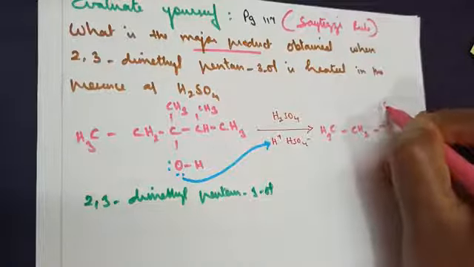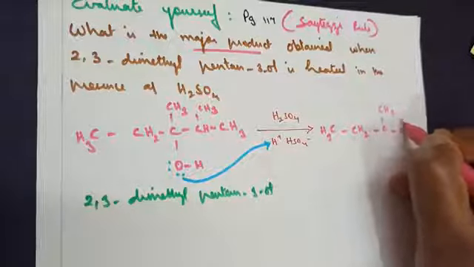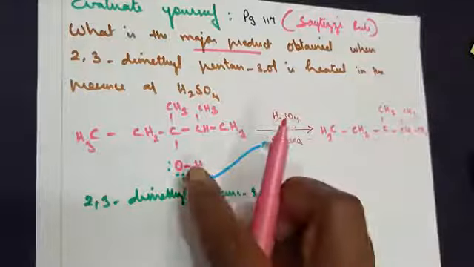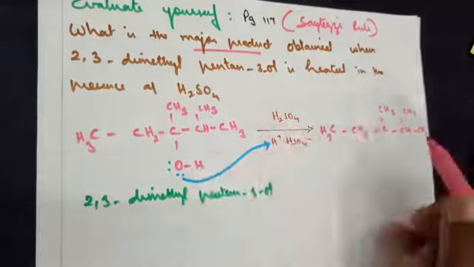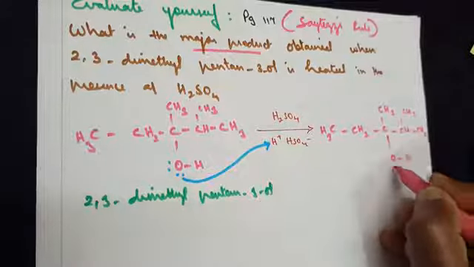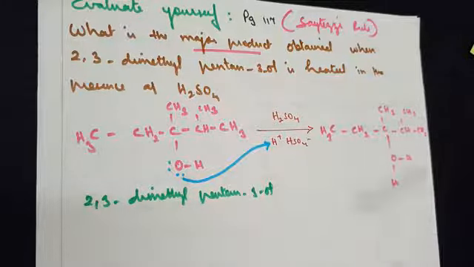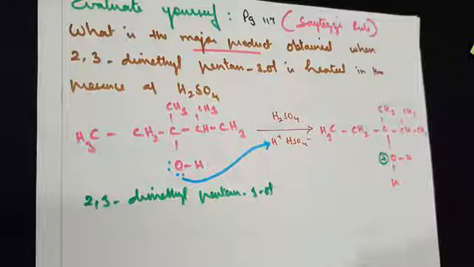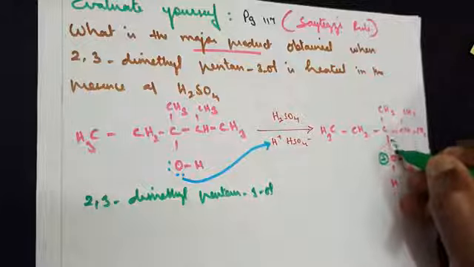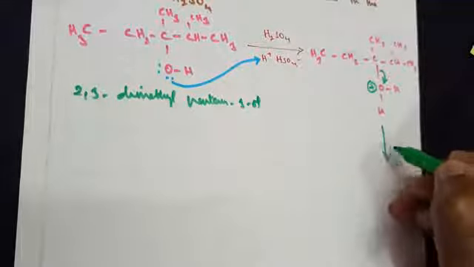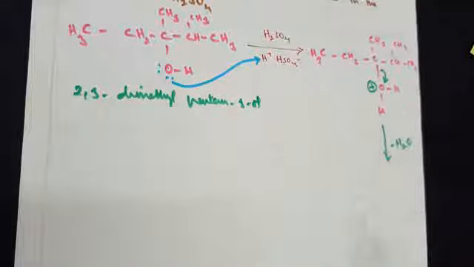So I'm writing the structure as it is here, except in terms of OH here. CH2, C, CH3, CH, CH3, CH3 we get here. Only one OH bond. After the addition of H plus, you need to show the OH bond and one more OH bond. As a result of sharing of electron, oxygen attains a positive charge. What is the next step? After the formation of 2 OH bonds, water molecule is lost there.